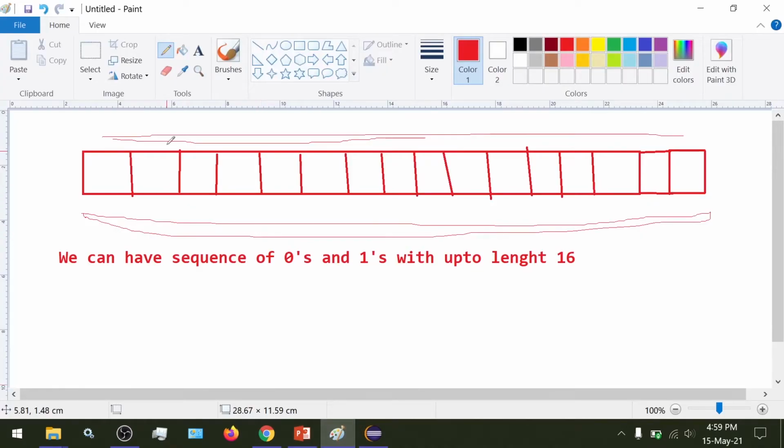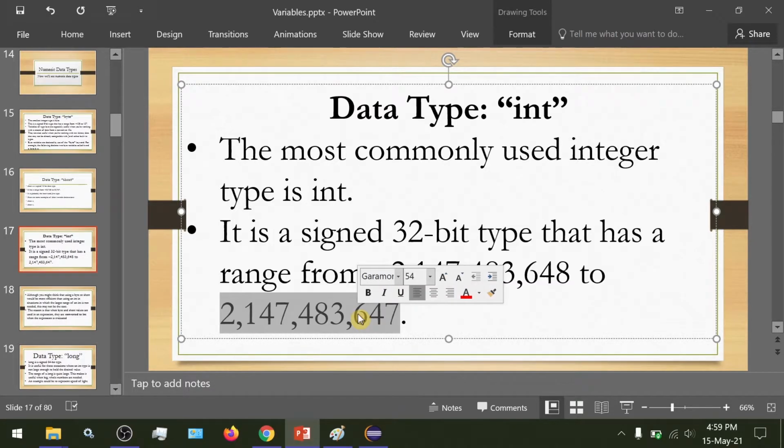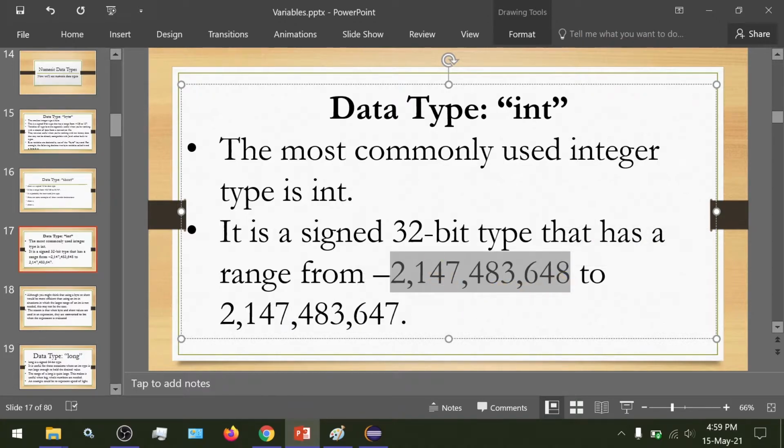So what does this mean? That the length of bits available in type int is 32. So we can have 32 bits, and whatever numbers could be represented using 32 bits are allowed in the integer data type range. So it has a range. As you can see, it has a very long range. So we can almost represent all of the numbers we use in a program using the int type. That's why it is the most commonly used integer data type.